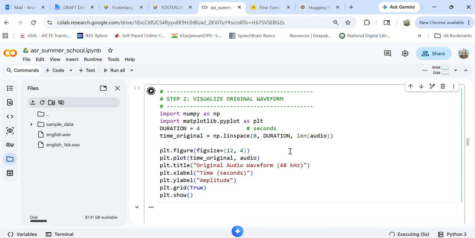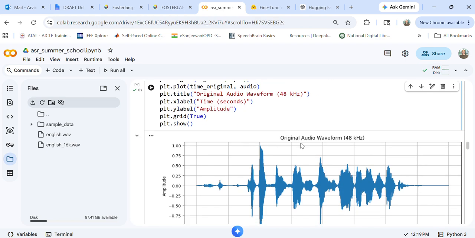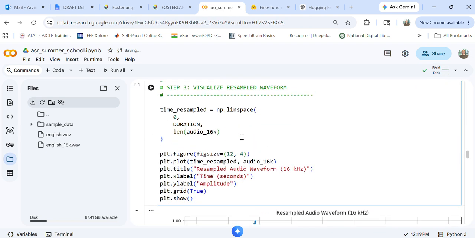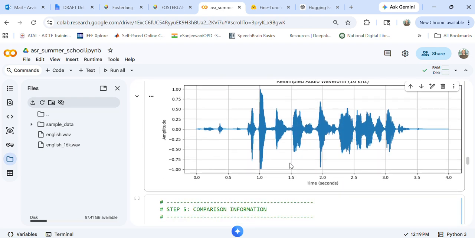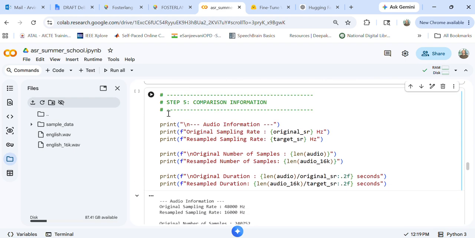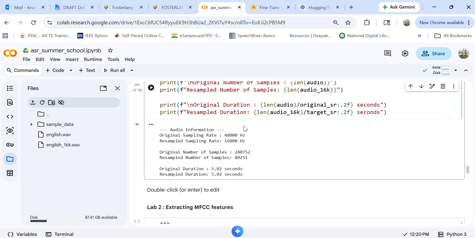So I'll go to step 2, and you can simply plot this. You will visualize the original signal, and you can also visualize the new resampled signal. And finally, we can do a comparison between both the signals, the original signal and the resampled signal. You can see the number of samples in both the signals. So this was the first part